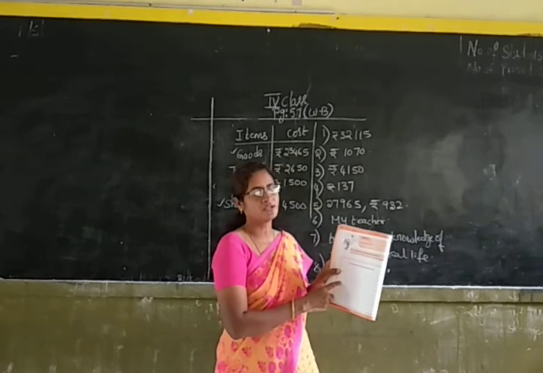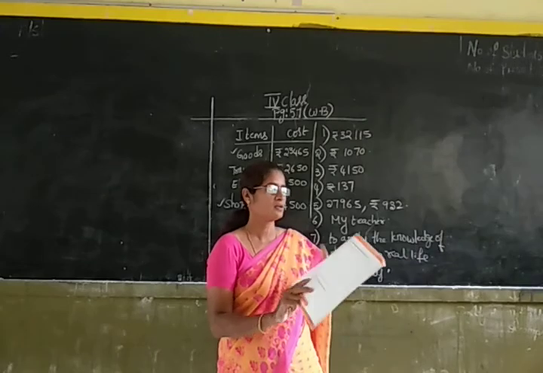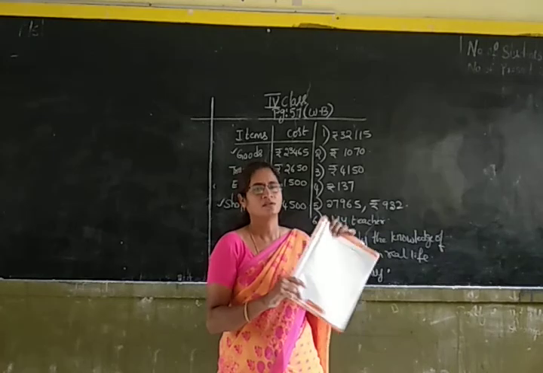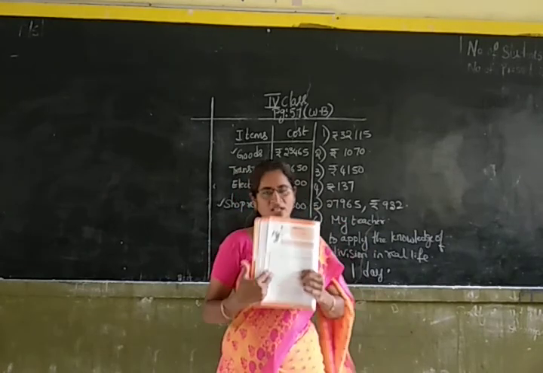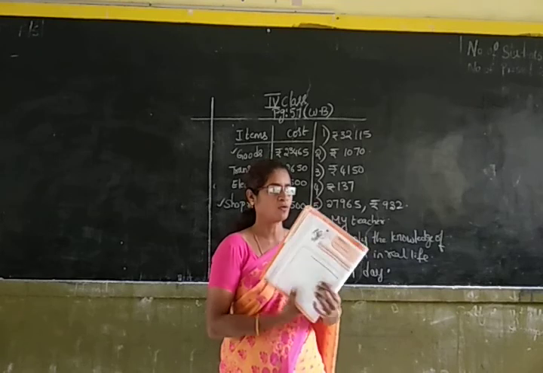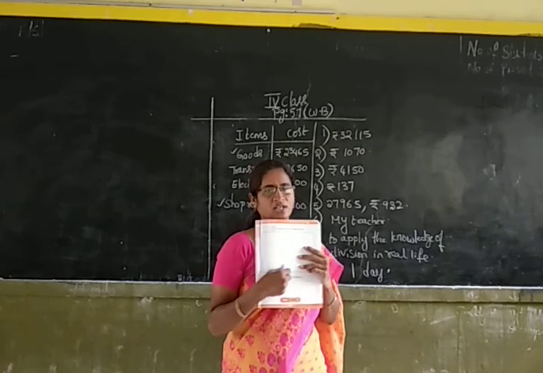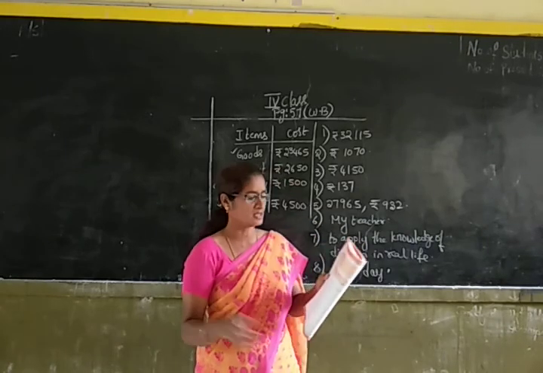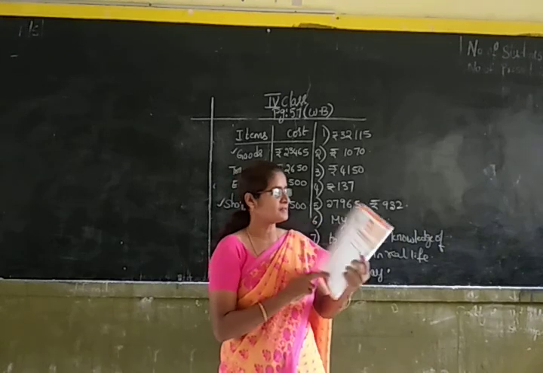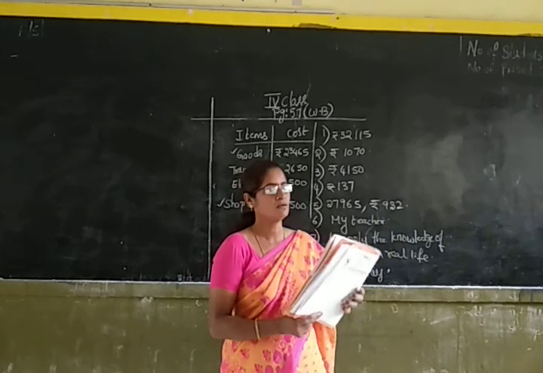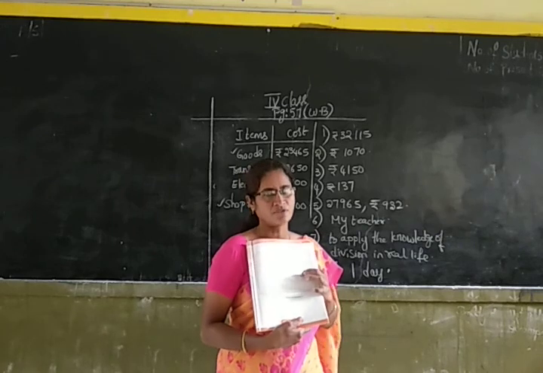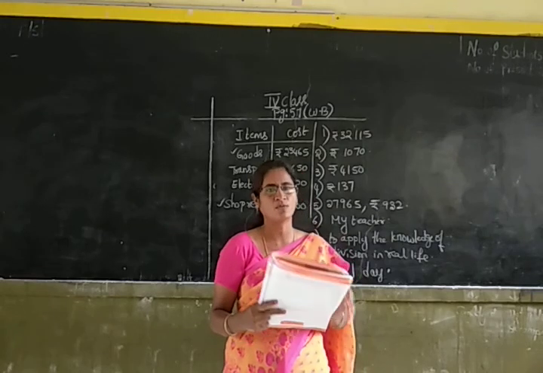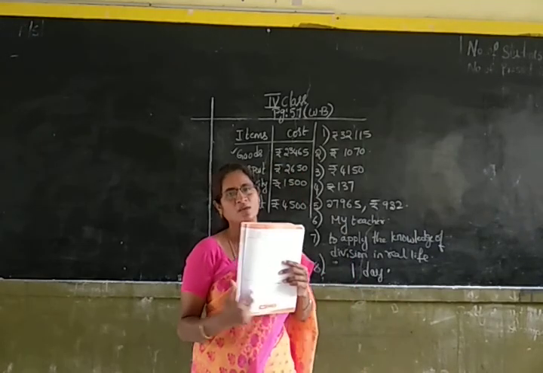Here you can express it by using a mathematical expression, or you can express it by using a mathematical statement, or you can draw a picture. You can show the value of sharing by expressing a mathematical statement, or you can draw a picture of sharing. Okay children? Or even you can write few words about sharing. So there are three things. The first one is you have to write down the mathematical statement for the value sharing, or you can draw the picture for the value of sharing, or you can even write few lines about sharing. So whatever you like, you can do among the three. You can do any one thing among the three.